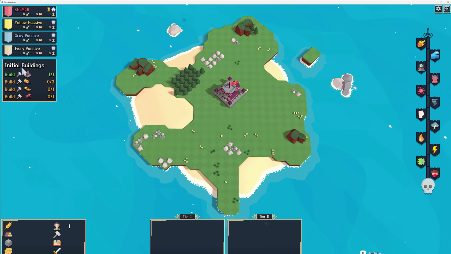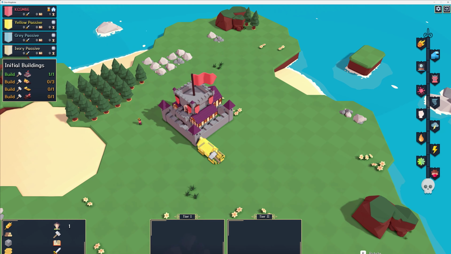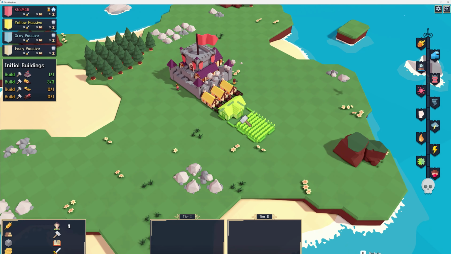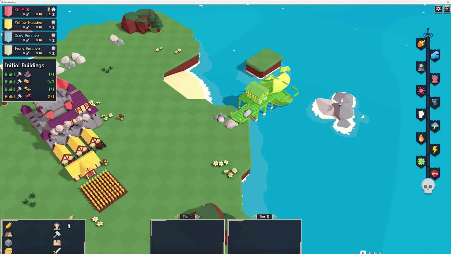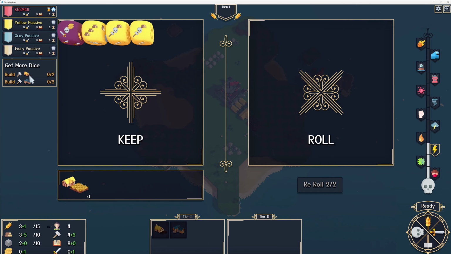This time, yeah, so here on the left, it's telling us that we need 3 cottages, a farm, and a dock. Okay, so we'll go ahead and build those. And I think I'm just gonna line them up right over here. Farm I'll put out that way. The dock I'll put over here. So that initial step was completed. Alright,